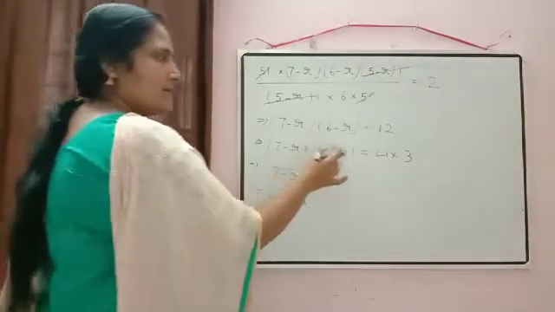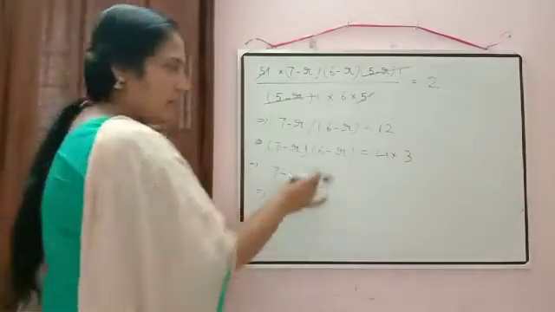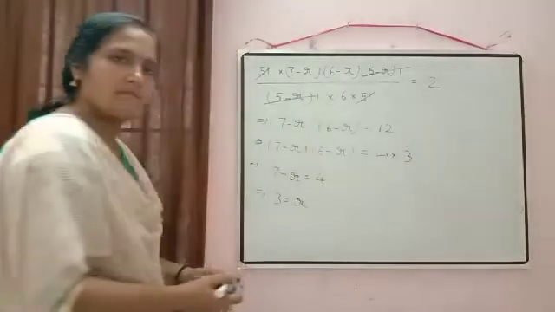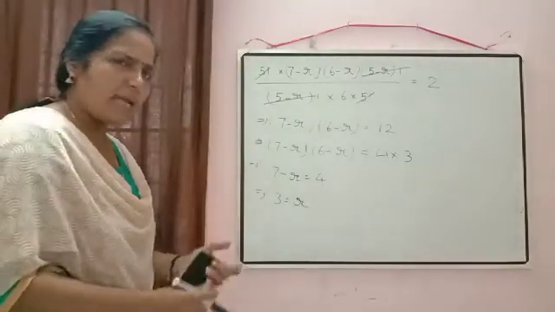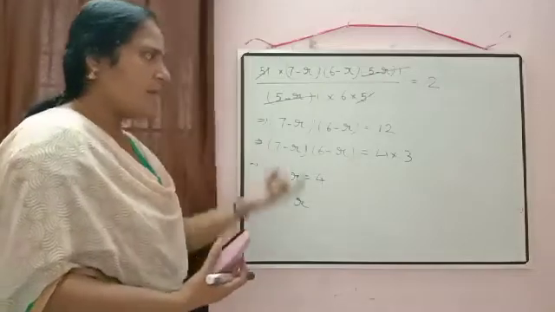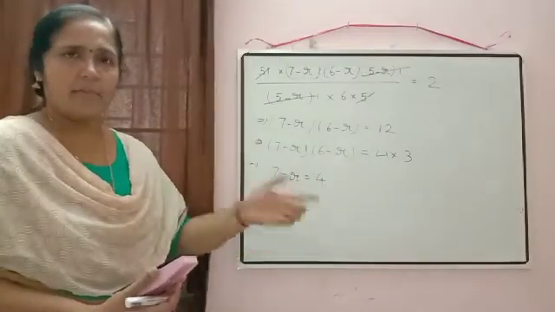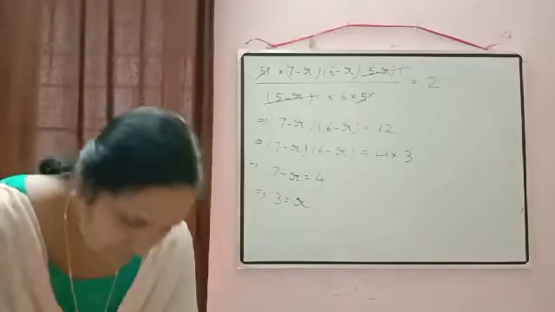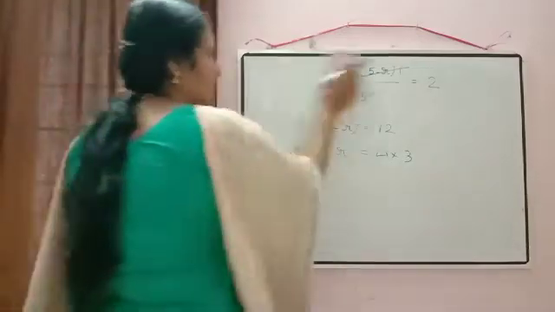If you compare this one, then also you will get the same. 6 minus r is equal to 3, then r is equal to 6 minus 3. Compare any one only, either the smaller one or the greater one. It depends on you. So I think this question is clear. Okay. Now check the next question.